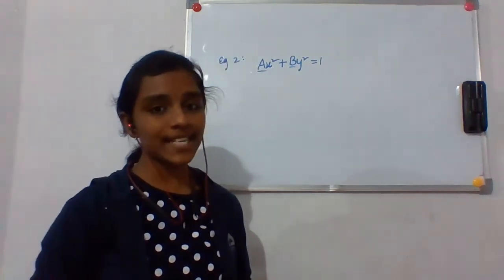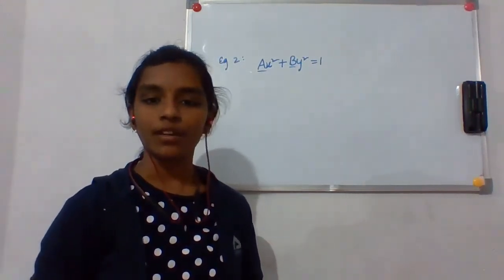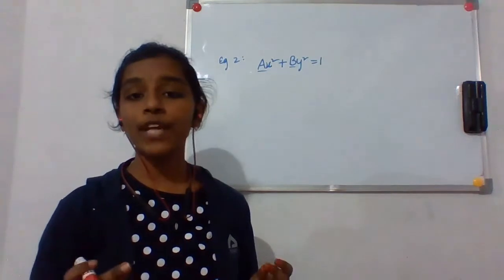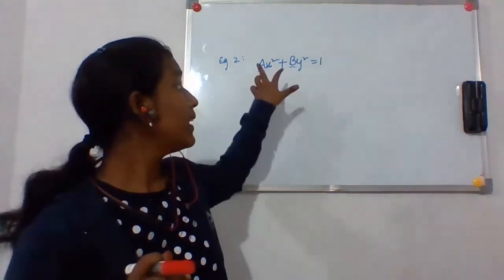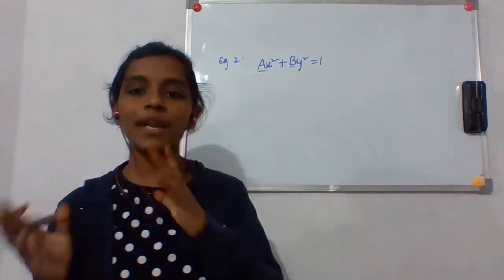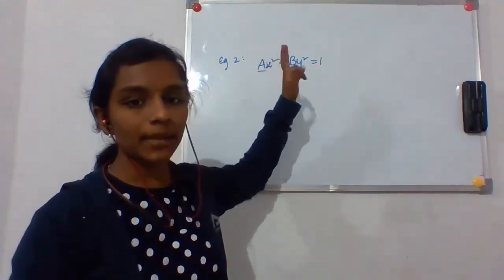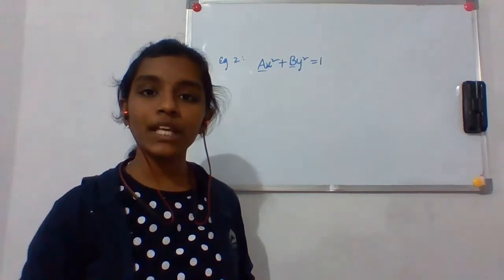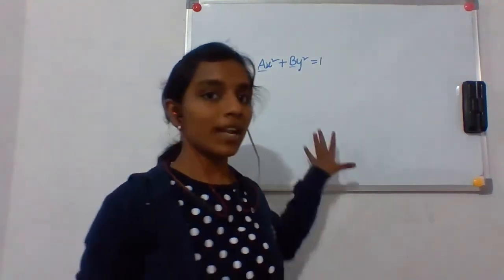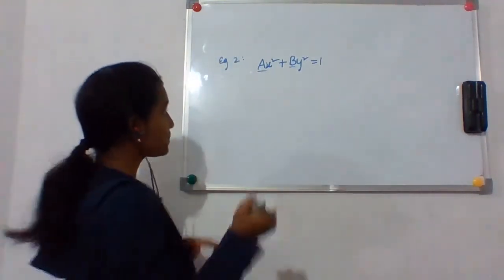Now what is the second step? Differentiate the equation. How many times? However many arbitrary constants are present, that many times we have to differentiate. Here we have two arbitrary constants, that is a and b. So you have to differentiate the equation twice. Okay. So let us do the second step first.